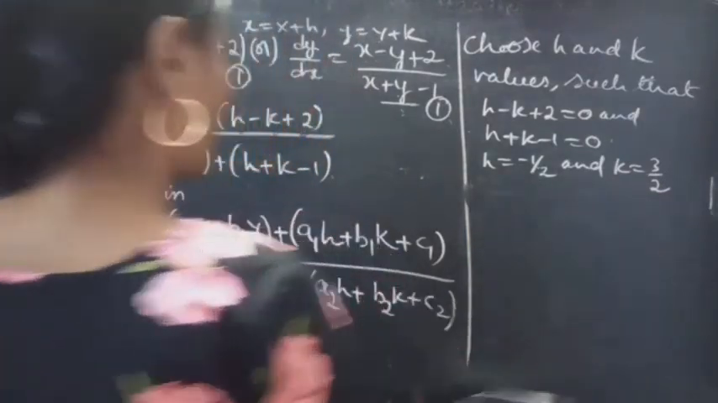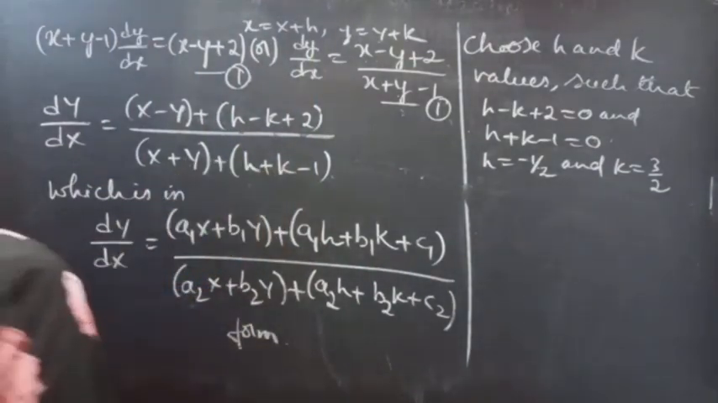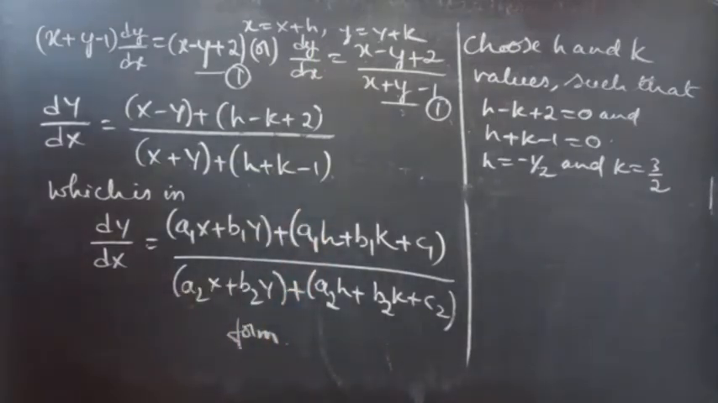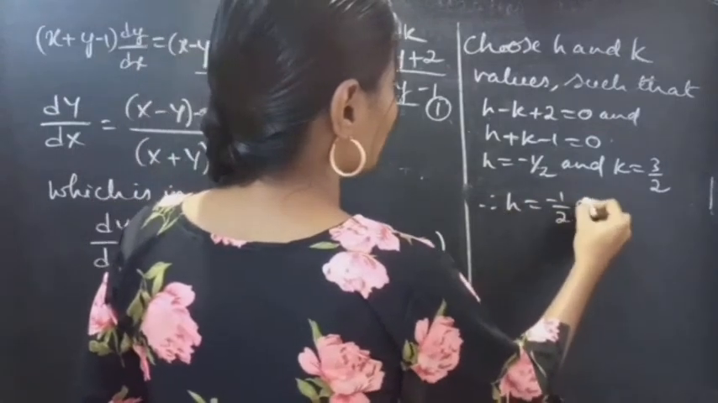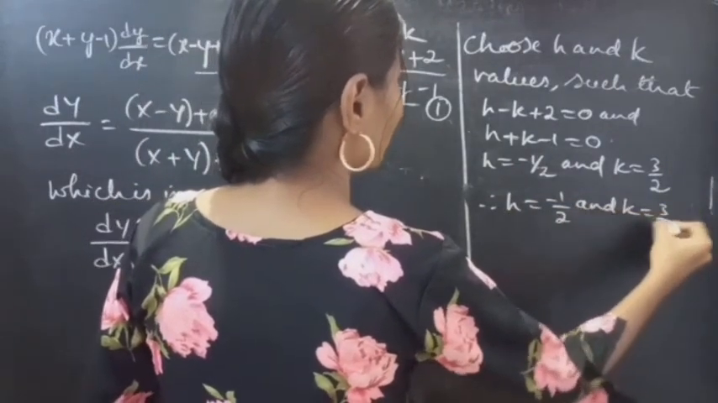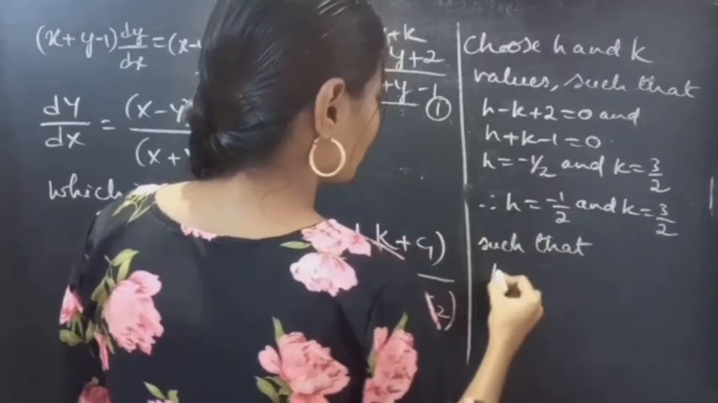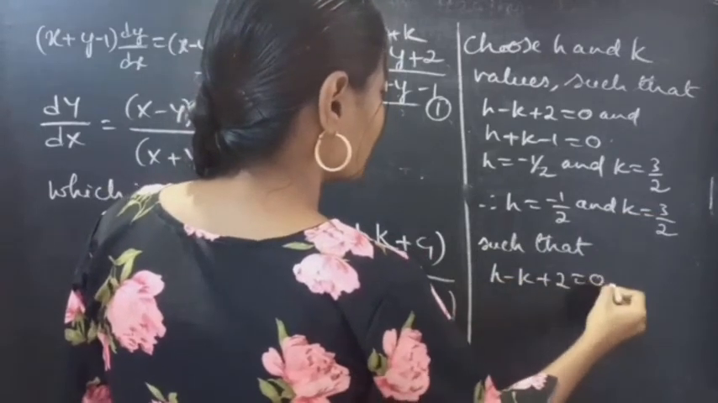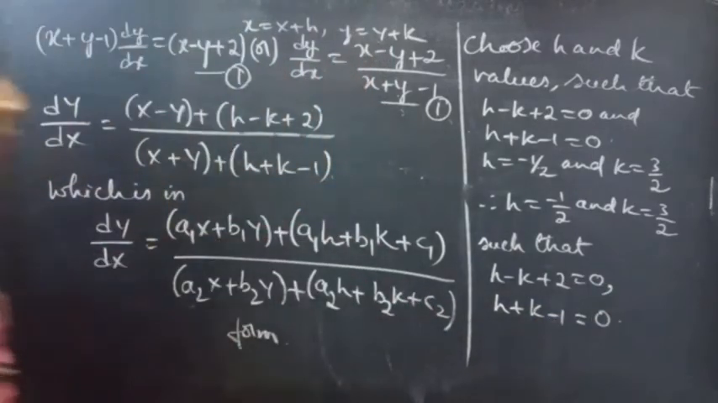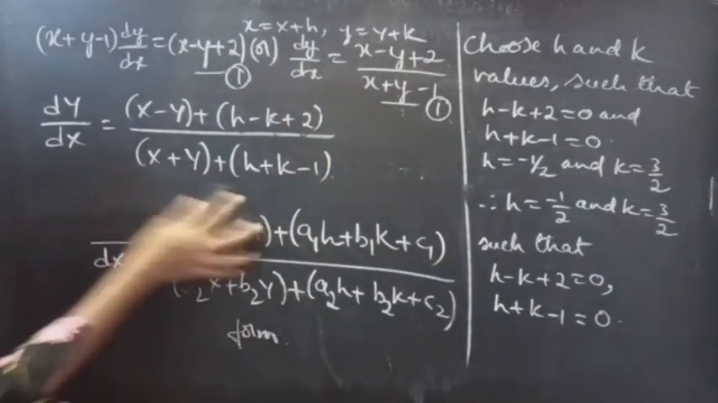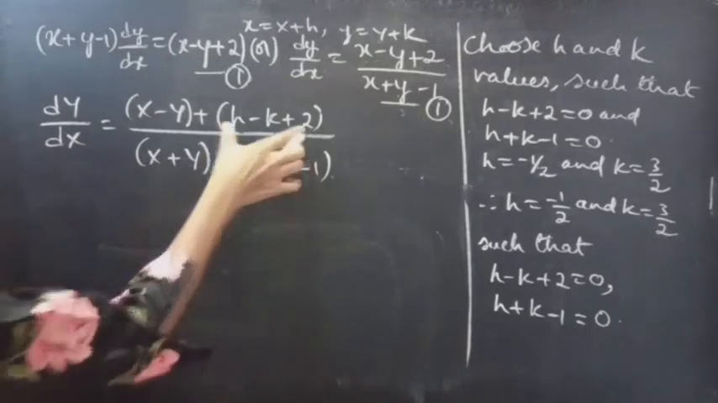And by substituting h and k, we'll get these polynomials as 0. Okay? Fine. Therefore, h equals minus 1 by 2 and k equals 3 by 2 such that one polynomial becomes 0 and the other polynomial also becomes 0. Right. Now, coming to this equation, when this becomes 0,